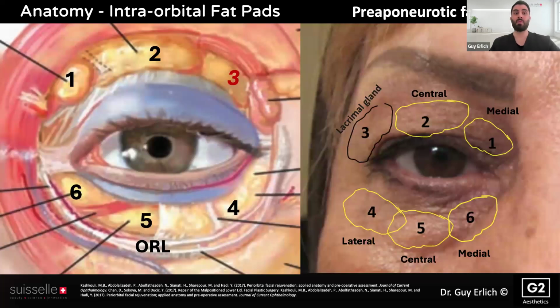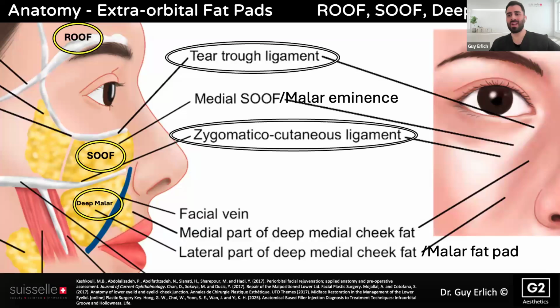We will see later how cell booster shape is covering this gap and helps us to target also the intraorbital fat pads. So let's see the extraorbital fat pads, because we know that the intraorbital fat pads are important, but the extraorbital fat pads tend to be atrophied with age. We are speaking about the roof, the retroorbicularis oculi fat pad, the SOOF, the suborbicularis oculi fat pad, and the